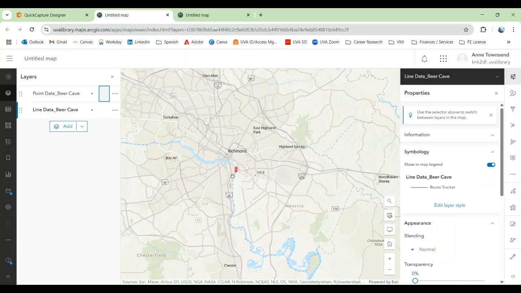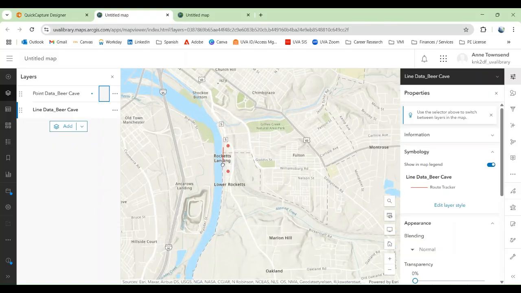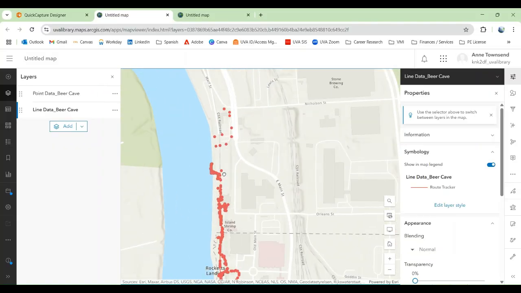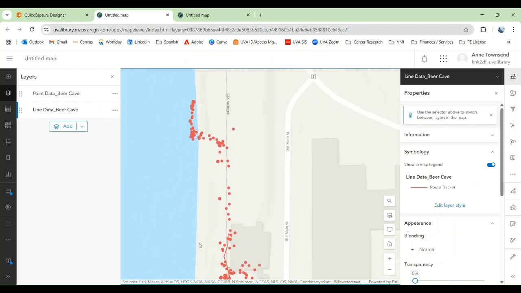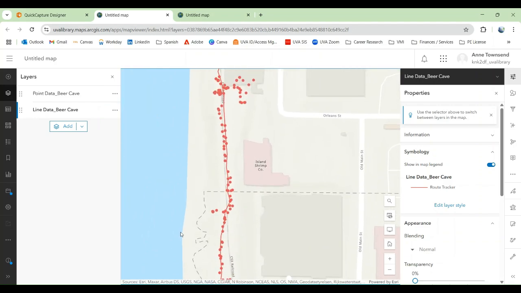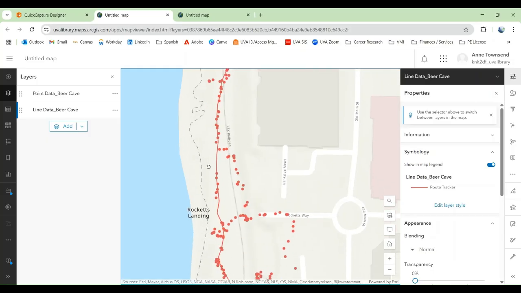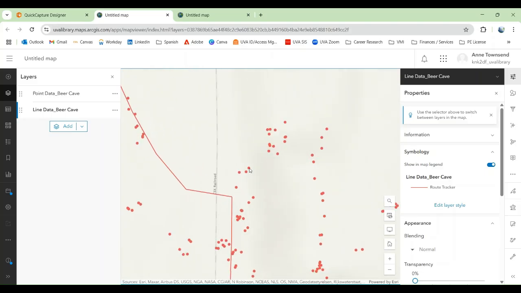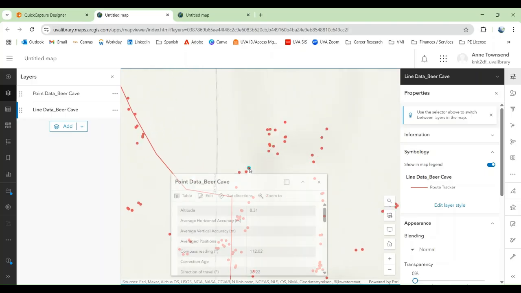So zooming into my site right here, you can see all of the data that I collected. The line data and the point data is turned on right now. I just had point of interest and then line data. Pretty simple layers, but I'll be able to zoom in. I can zoom in on one particular point and click on it, and I can see